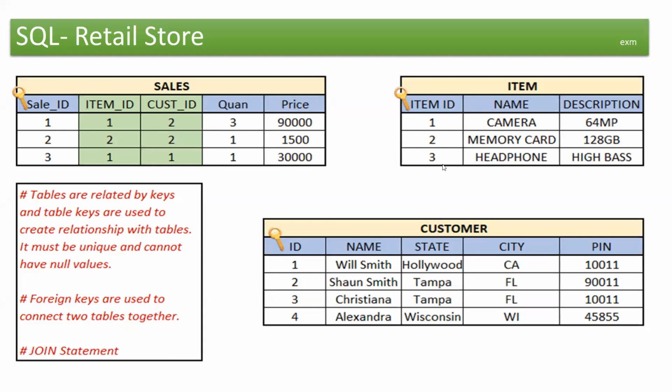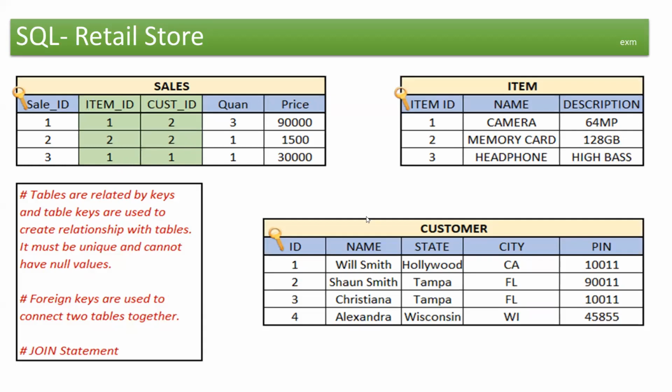Okay. So can you help me understand in this sales, what is this second one here? How is it considering between these 2 boxes? Any of you? So second is the memory card and item sale, and cust ID is 2. So that cust ID belongs to another customer. Sale ID is the transaction number 2. Yeah. So customer ID is 2. What is that person's name? Sean Smith. Right. And the same way for the third is Christina. Item ID one, which is Camera. It's camera and it's for Will Smith. Will Smith Hollywood. Right. Quantities.